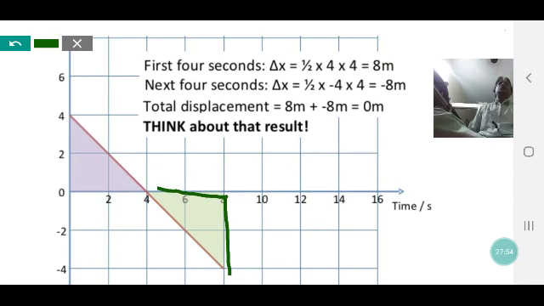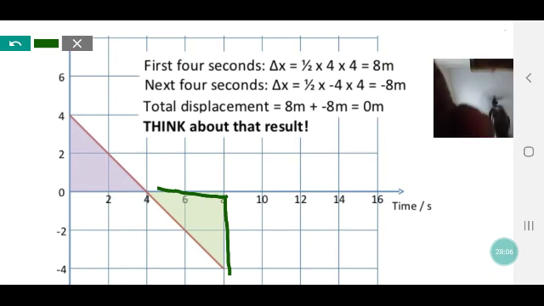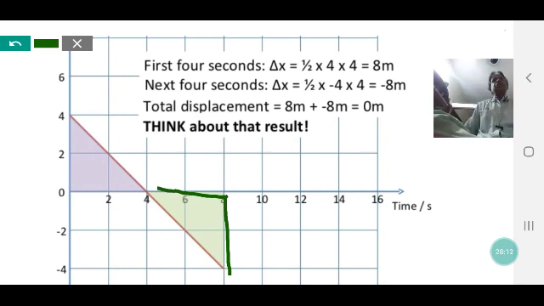If the object first moves in a positive direction with the negative acceleration, and again it moves in the opposite direction with the negative acceleration, then the total displacement covered is equal to 0. That means there is no displacement of the object. That is given in the velocity time graph.